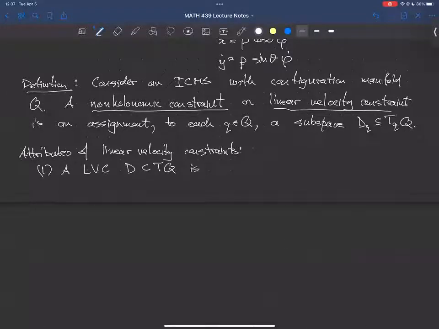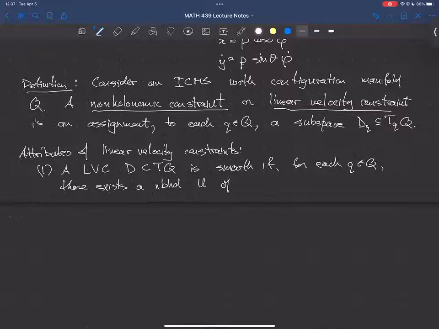D is smooth if for each q in Q, there exists a neighborhood U of q and